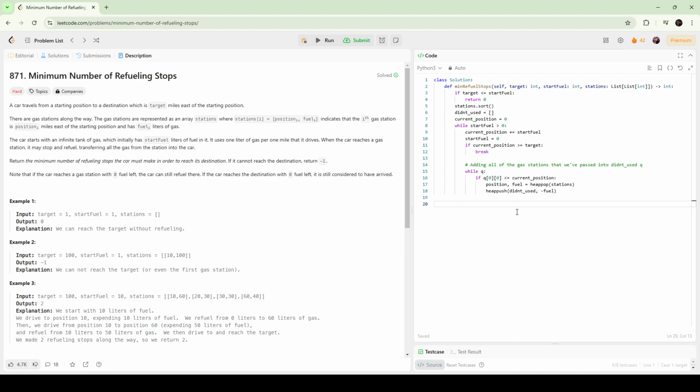Okay, so what's the next objective? The next objective is that we need to reach the next gas station, right? Because now basically we are running out of fuel, right? We are running out of fuel. We need to reach the next gas station, but if we don't have any gas station left, if len stations is actually larger than 0, and then